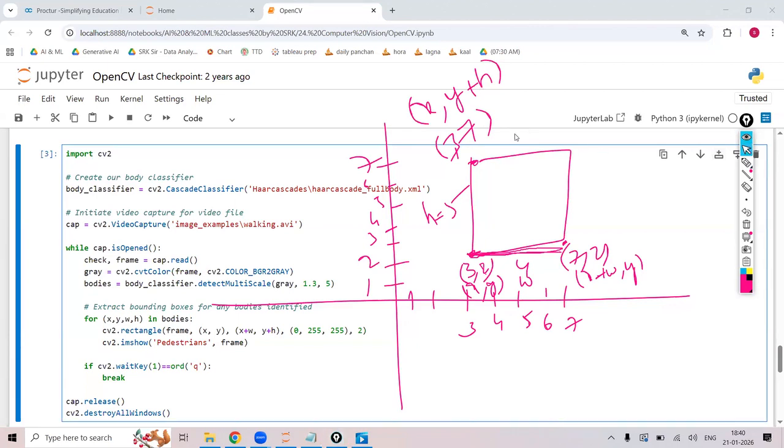Now what is this point finally? What is this point? 7 comma 7. 7 means x plus w. This 7 is y plus h. Is that clear? Now I'm going to draw the rectangular box between x comma y, means from this point to